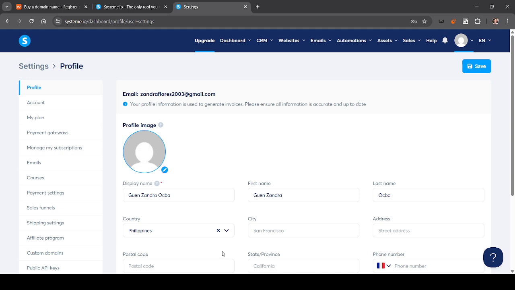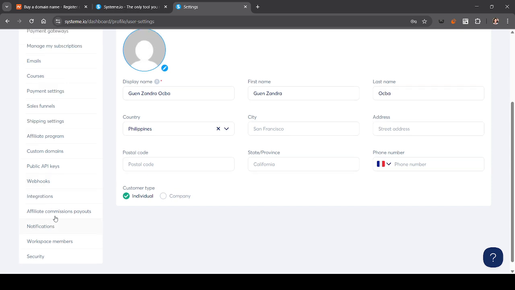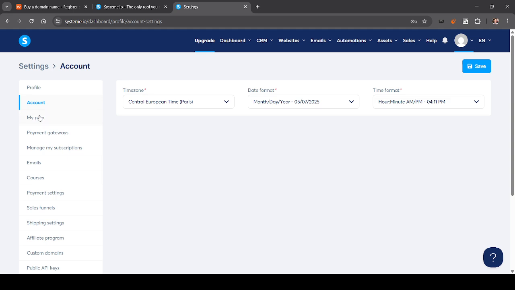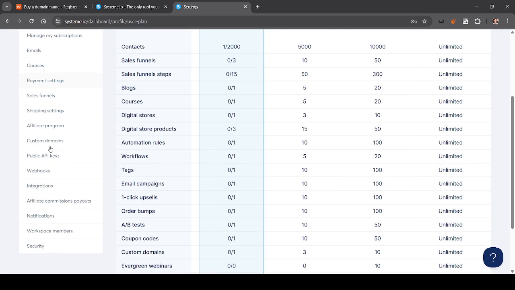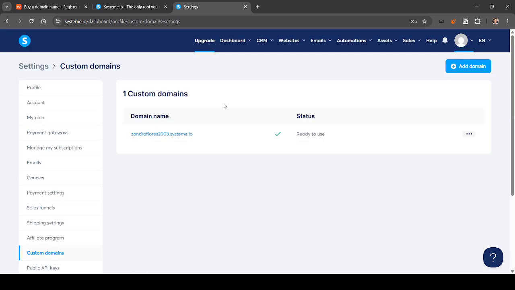And in here, look for the domain account, going to custom domain. So this is the custom domain. Look for that. Now, once you click on that, you will be able to see a button here, which is the add